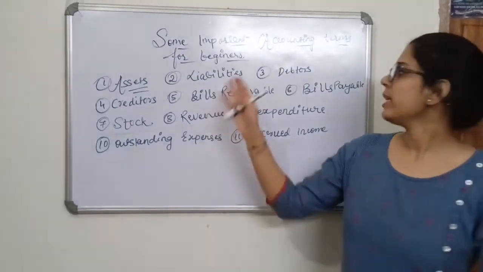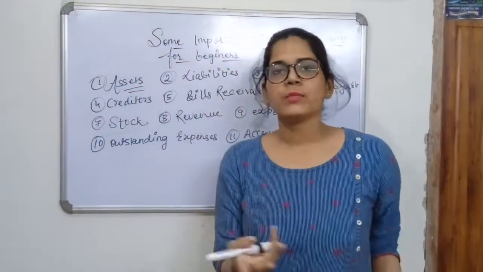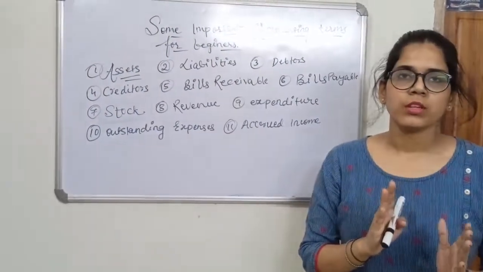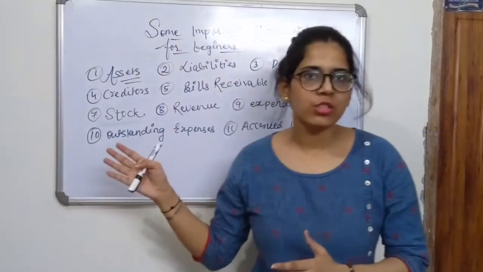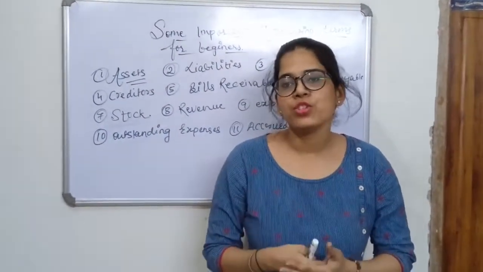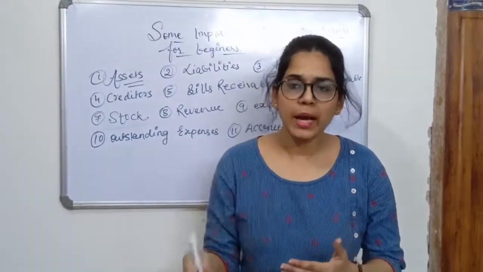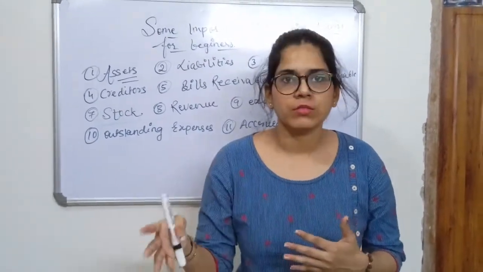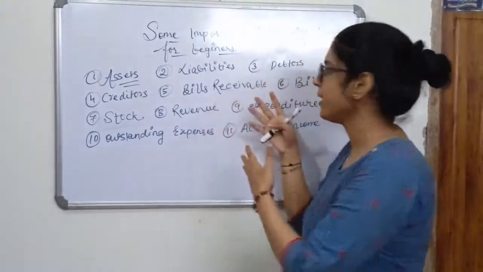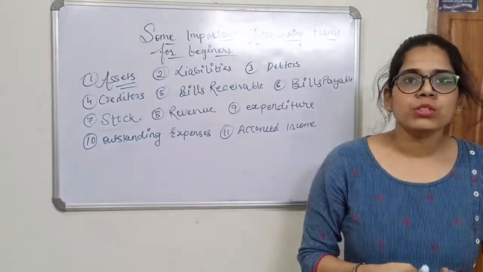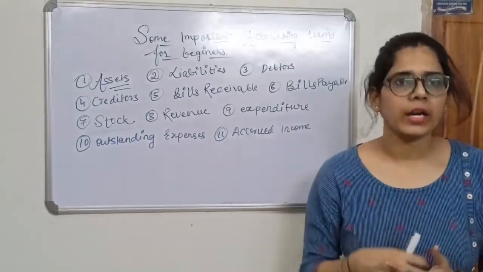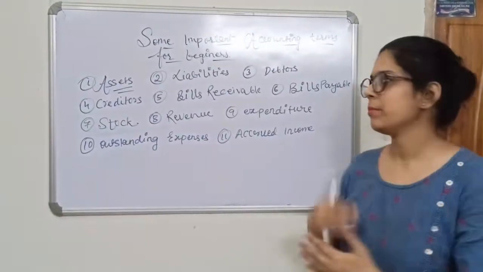After asset comes the liability, and you must have related it that asset and liabilities are opposite terms. Asset was the possession. Liability is the amount of money which we need to pay off, or the money we owe to others, right? The money which we need to pay to others is what we call liabilities. Any dues, any loans, any money that we have taken from the market that we need to repay